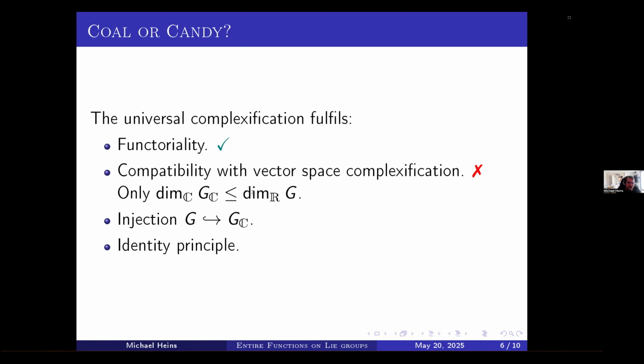They don't give a counterexample, they just state the inequality, prove the inequality, and move on. So yeah, I was looking for the counterexample, and there's a quite nice one using SL2R and its universal covering group. I will come back to this example later, which I found